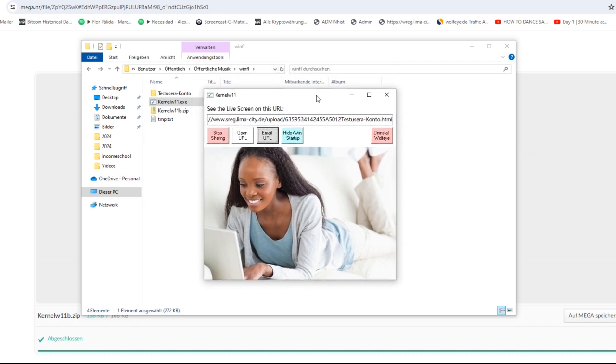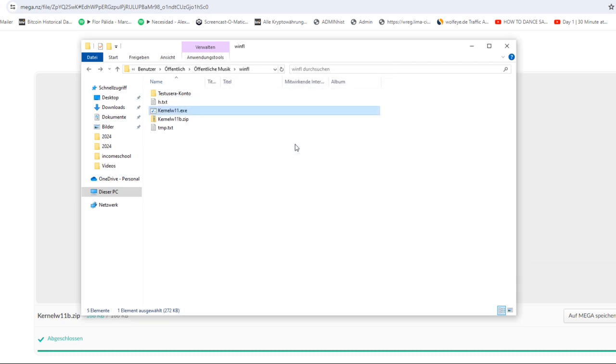And basically, last but not least, you hit the blue button and that makes the control window disappear, and it will run in the background without the user noticing it. I hope this